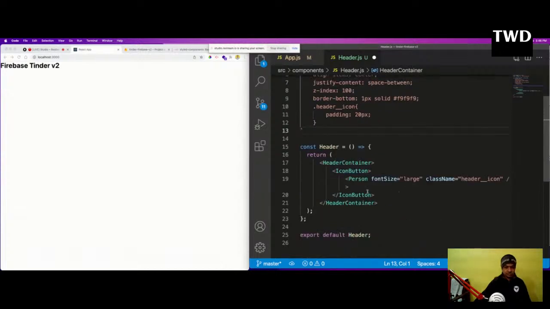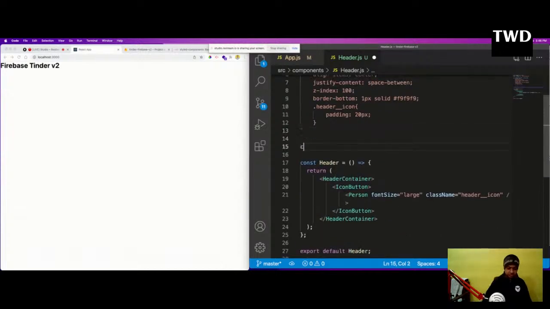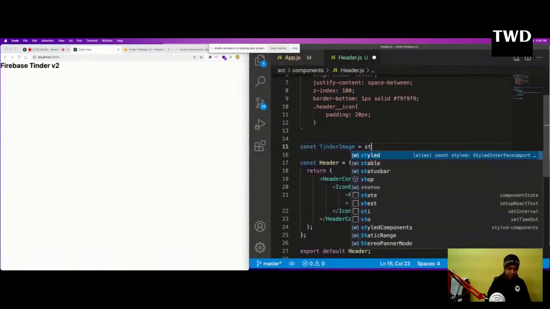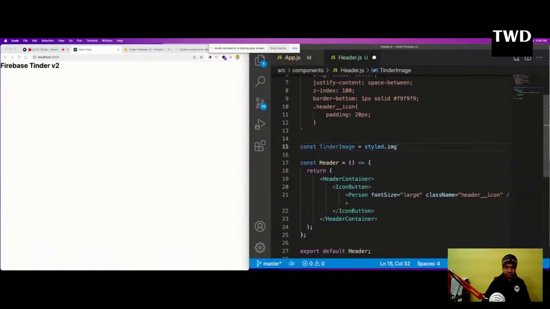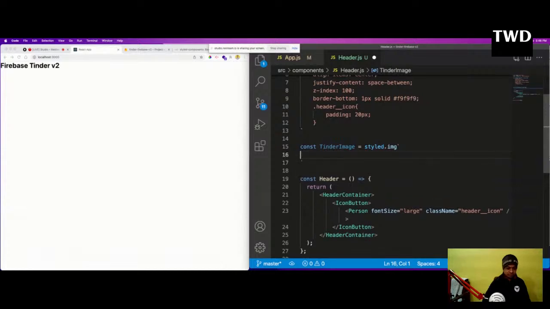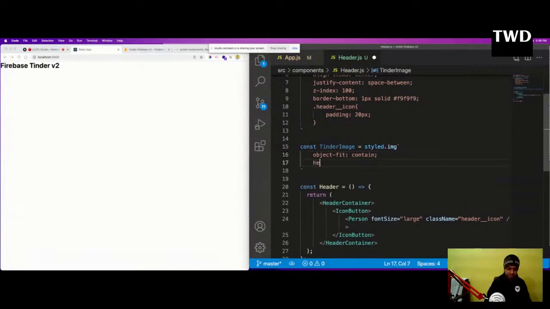Then let us make an image also. So const renderImage equal to style.img. It's like this, and object-fit is contain, height is 40px. Save it. Okay, so the person has been done, and we are going to have what is this